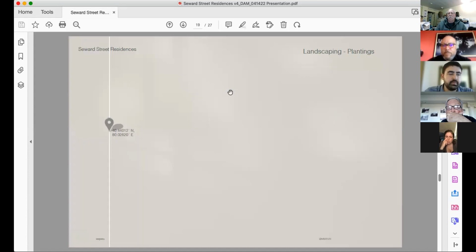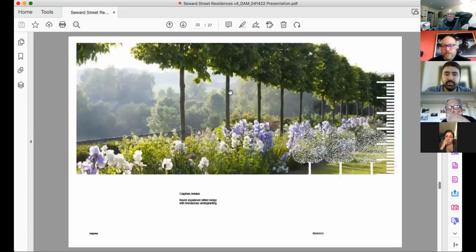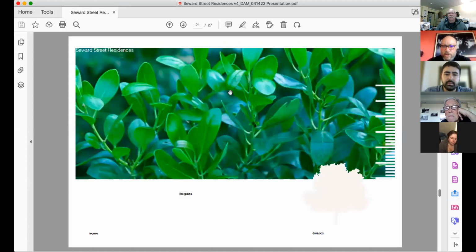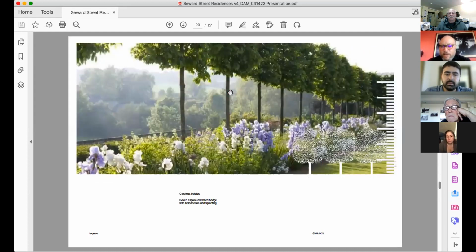And then landscaping wise, we're planting 2 trees in the front. They're going to be a pleached boxed pleach. I wanted to call it by its regular name, but it's a box tree. Carpinus is what it is, Carpinus betulus. With that, we have an under planting under those 2 trees to separate both sides of the property.